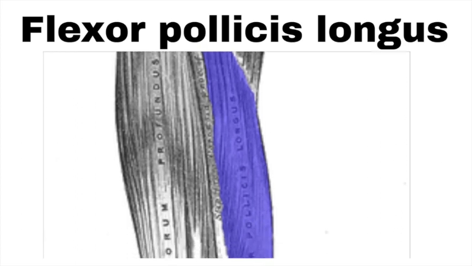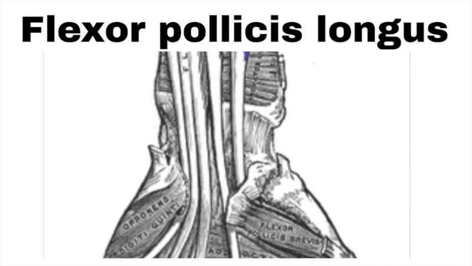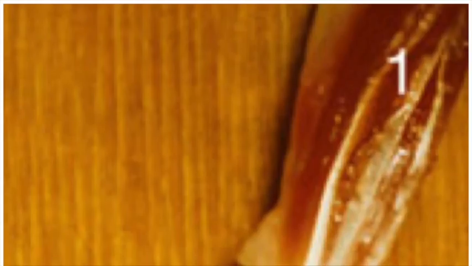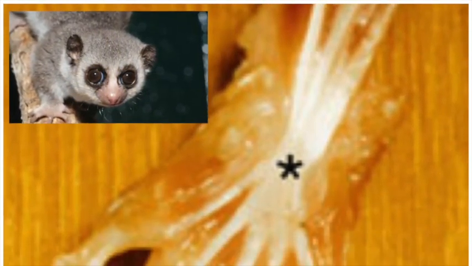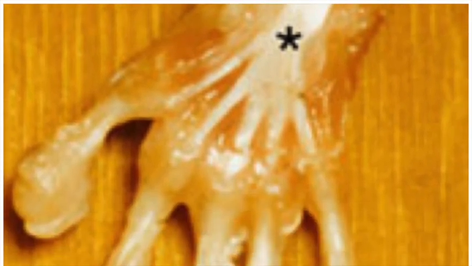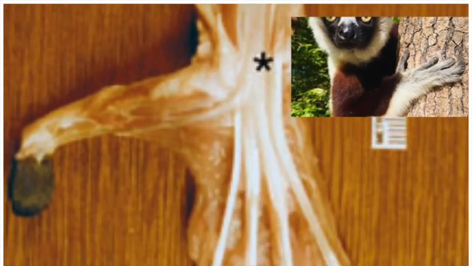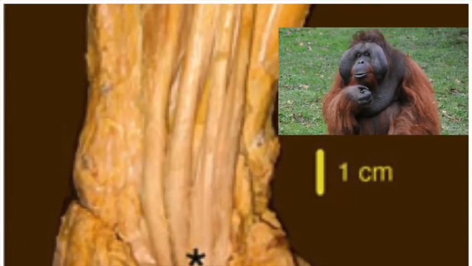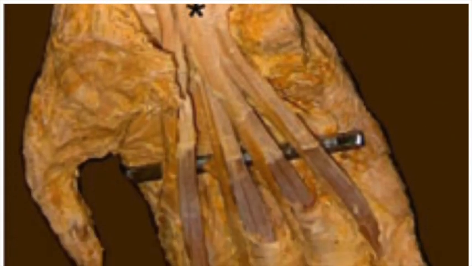Moving on to the unique features of the human thumb. The first to be discussed is the flexor pollicis longus muscle, which is entirely independent in humans from its origin till its insertion. In fact, the common situation, even among primates, is that the tendon to the thumb arises from a common muscle mass of the FDP, as seen here in the dwarf lemur, and then also as seen in the Sifaka, another lemuroid species. And even in the closest relatives of man, the great apes, if we see in the orangutan specimen dissected here,